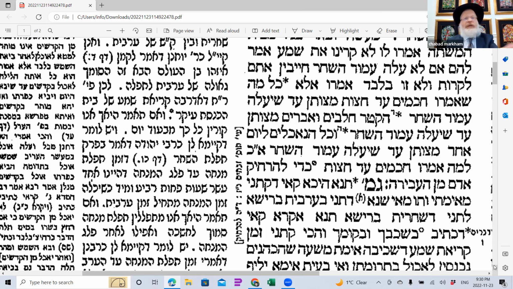Then Tosfos on the other side says, hold on, how could that be the main Shema? There are so many problems with saying that the early Shema is the Shema. It's only one paragraph, no blessings. And the Shema in the evening is only for the bad spirits. So he goes through the whole thing, and then Tosfos says, no, the first Shema is the real Shema. And then comes the Shulchan Aruch who says what the right thing is. Anyways, we're not going to go into that, but this is this.